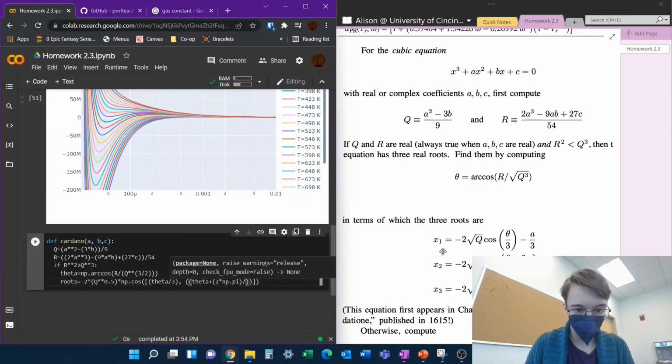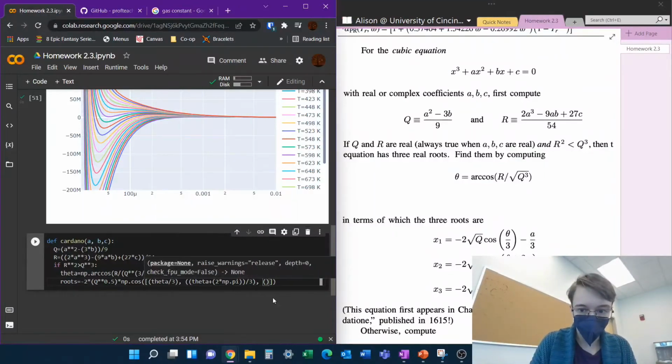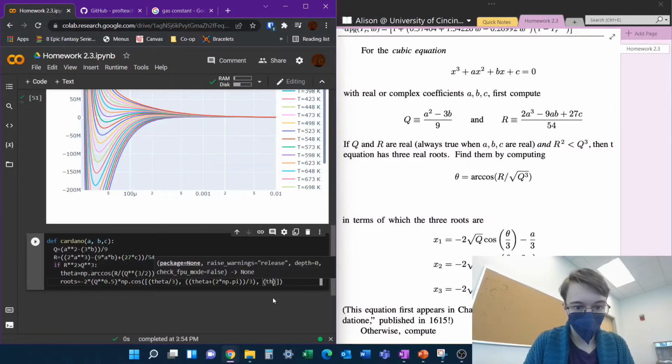Oh, that's not where the divided by 3 goes. So we want the theta also divided by 3. Alright, and then our third one will be very similar, so we'll have theta